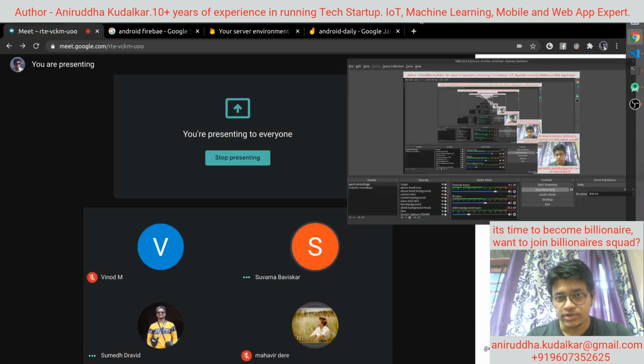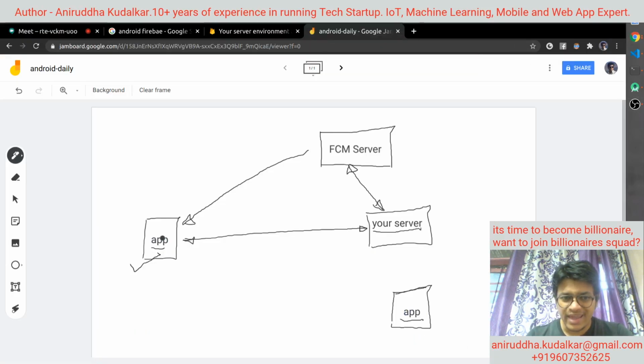Yes. Okay. So what does FCM do? FCM is the downward messaging, meaning server to the client. You need to implement a separate architecture if you want to do server-side scripting. There is another architectural way you need to work with. From the app, this is a client, this is a server. That will typically happen over HTTP,